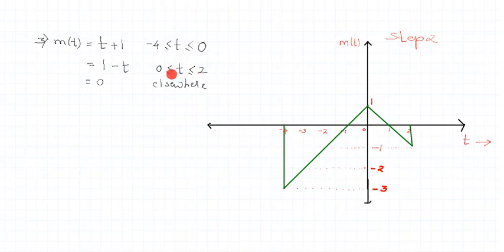Now it's again taking a value from 0 to 2. So check out, at 0, when I put the 0, the magnitude is 1. So here also for 0 it is 1, here also at 0 it is 1. So at 0 we are at 1. There is no two values. At 0, both the equations are giving us the same value. So we are at 0, we are at magnitude 1.